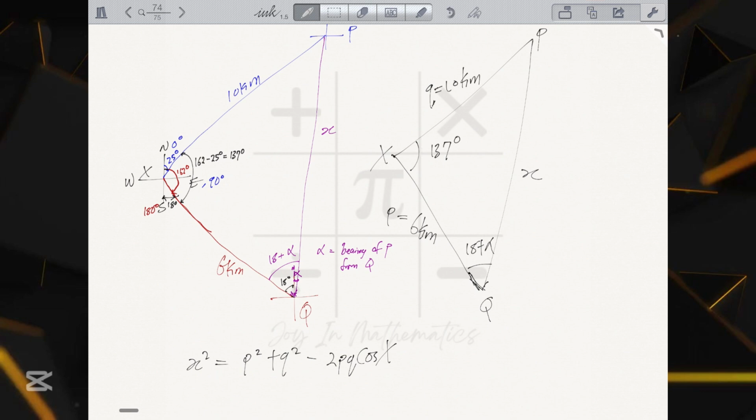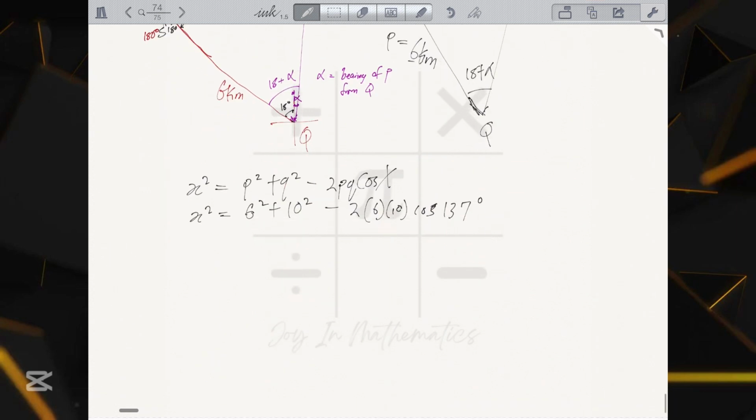So let's simplify. x squared is equal to p squared plus q squared minus 2pq cosine x. That is 6 squared plus 10 squared minus 2 times 6 times 10 times cosine 137 degrees, because angle x is 137 degrees. So let's simplify further. Cos 137 using our calculator is equal to